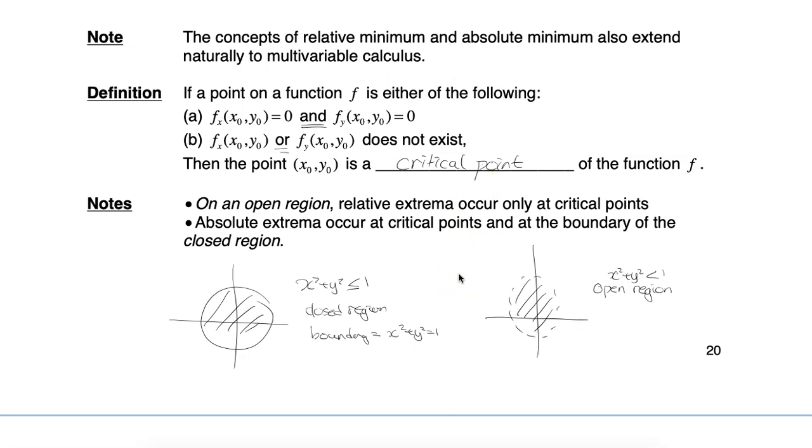So just a quick comment on regions. Open regions are like open intervals, so the boundaries are not included, and we would sketch that with dashed lines. So here this is an open region, it's the circle, but we kind of peeled off the skin, if I can say. So it's x squared plus y squared is less than 1. A closed region would be the same, but with the skin on, so x squared plus y squared is less than or equal to 1. So in an open region, we can only talk about the interior,